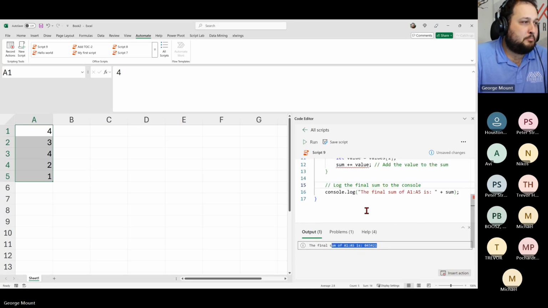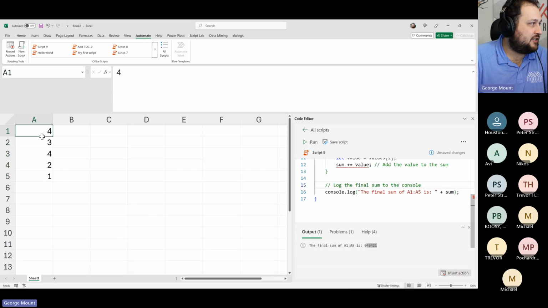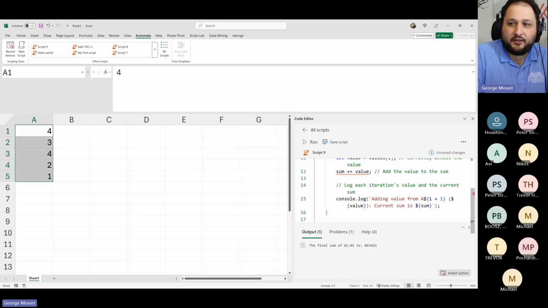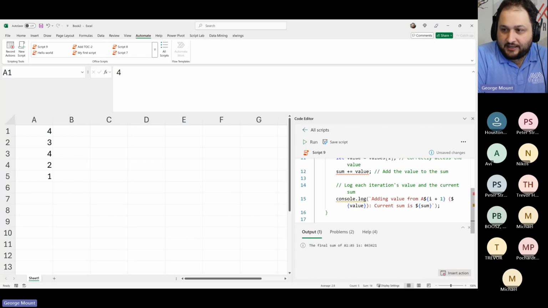But a couple things we're having a problem with. I don't know how on earth I got to 043421. It looks like somehow it's appending these numbers. It's not clear, right? So this is a really good example of where adding console log in strategic places in this script can be really useful. Let me put this in the chat as well. Okay, let's run that. I think this is like our last script here.